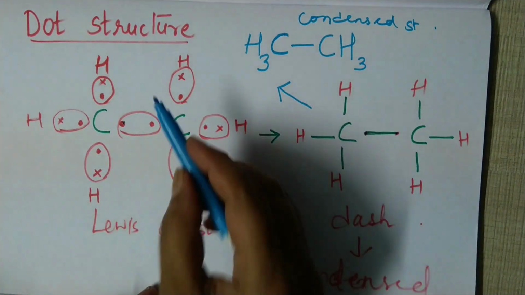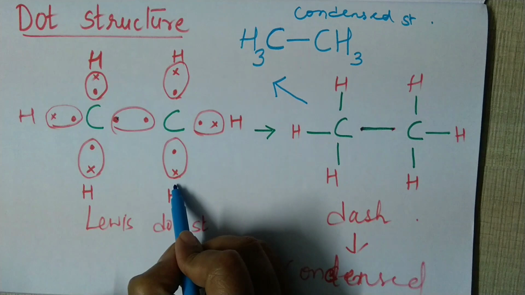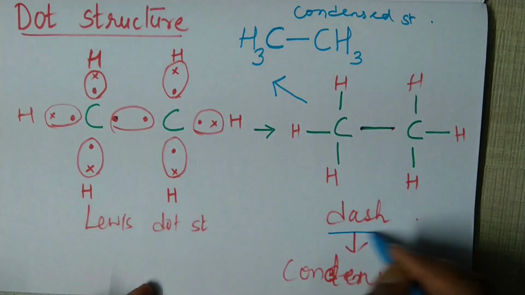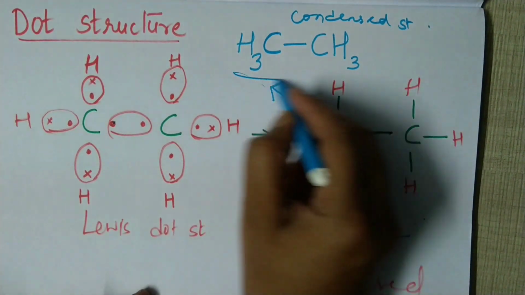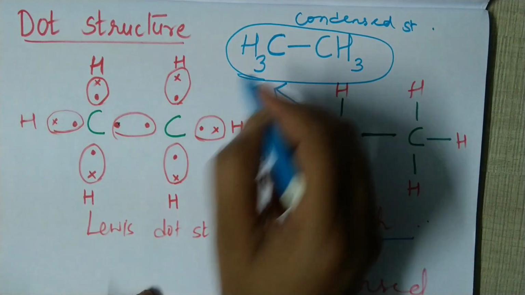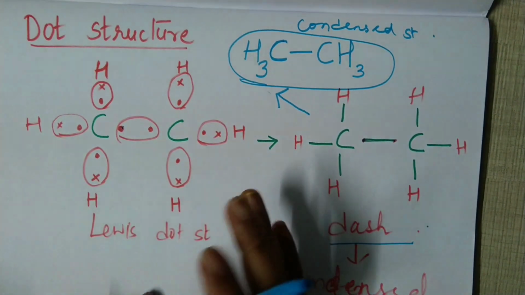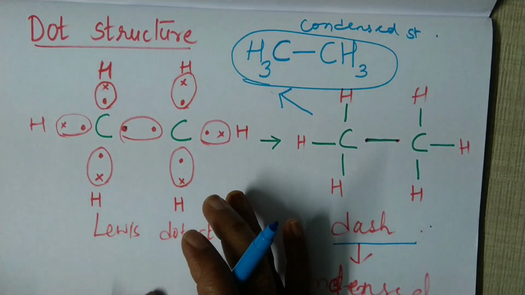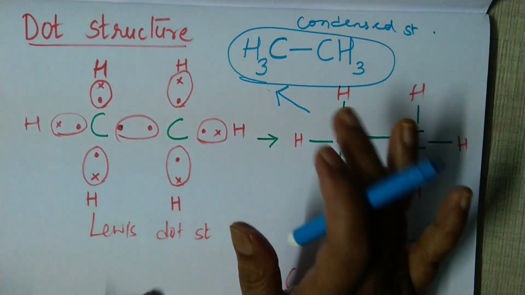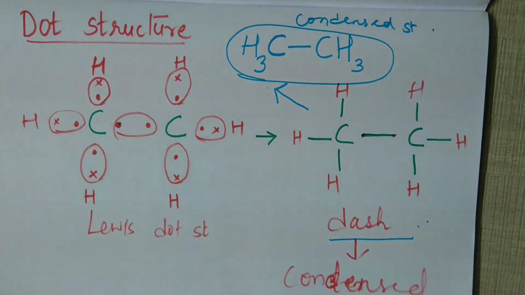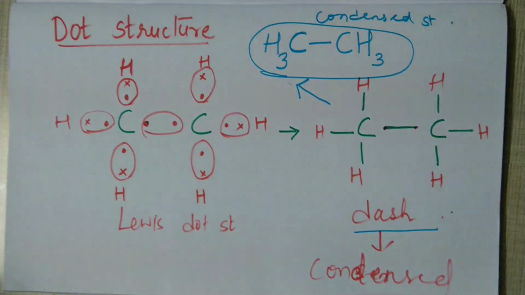So, I started with Lewis dot structure. Then I simplified Lewis dot structure, I went to dash structure. I further simplified dash structure and went to which structure? Condensed structure. Can I still further reduce this? You may feel, how many times I have to write carbon and hydrogen? So, I can still further reduce this and go to bond line structure. Okay, we will just see in a few more minutes.